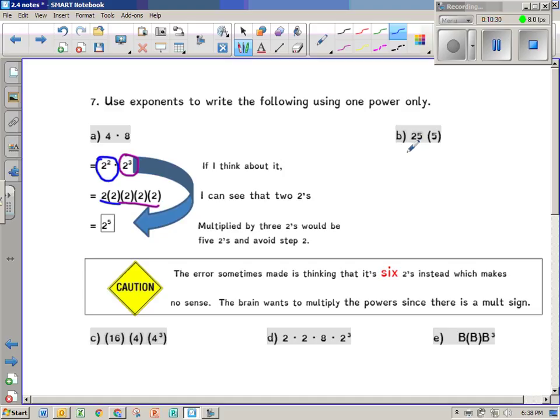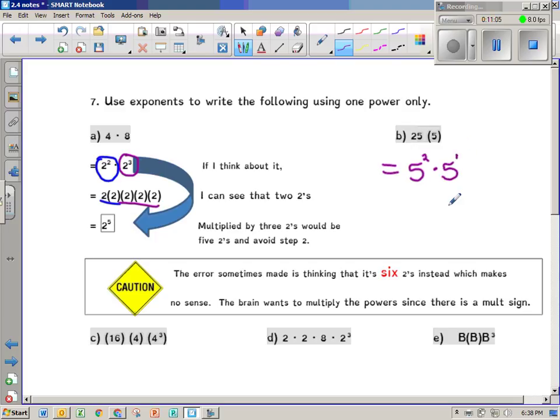So take a look over here at this example. 25 times 5. Well, the first thing I want to think about is what is a number that I could use as a base for both of these? Well, 5 is smaller. Oops, I need to get back to pen. So I'm thinking, well, I can rewrite 25. If you know your multiplication facts, you know 5 times 5 is 25. So we could write that as 5 squared times